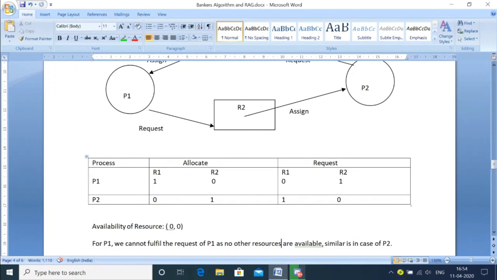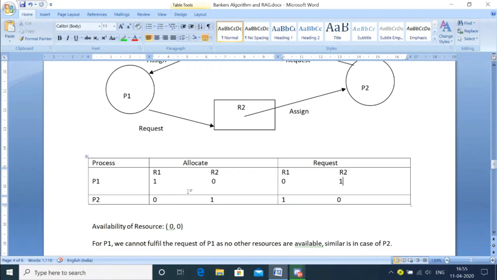So let us see. This is 0 and this is 1. We will check 0 instance of R1, and availability is how much? 0. So no problem. One instance of R2 is requested by P1. But do we have any R2 here? No, we don't, because we have already allocated it in this part of the table. After we made the availability, we have come here. So when I compare this one with this one, I cannot allocate R2, because it has already been